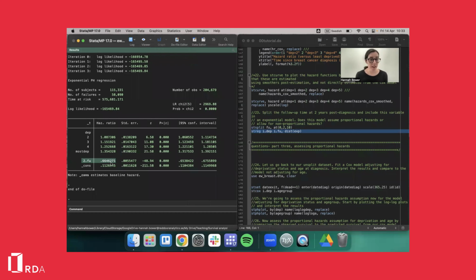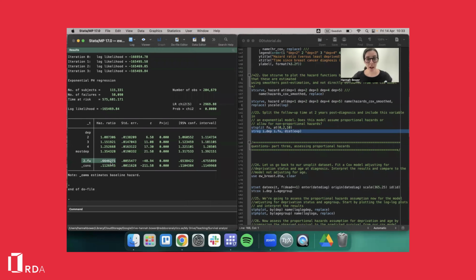So what this means is that the mortality rate in the second interval from 2 to 10 years is 0.66 times that in the first interval from 0 to 2 years. Now, this shouldn't be so surprising because we did see that the rate was much higher early on in our time